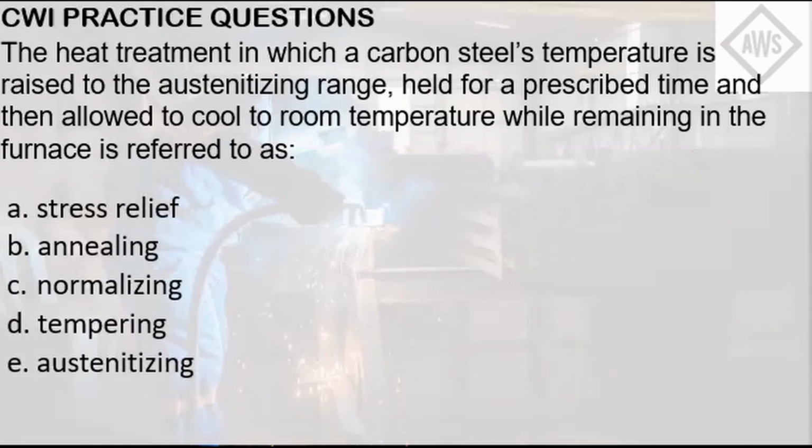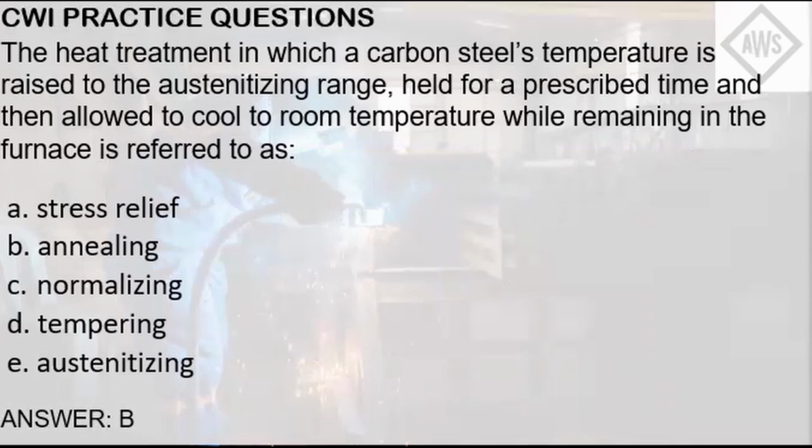Annealing is the slow cooling of metal to improve its ductility. The slow cooling occurs when this metal remains in the furnace until it reaches room temperature. Hence, the answer here is letter B, annealing. For the choices, stress relief is the general process of removing residual stress after welding, and the other choices refer to other heat treatment processes aside from austenitizing, which is the process of formation of austenite at different temperatures depending